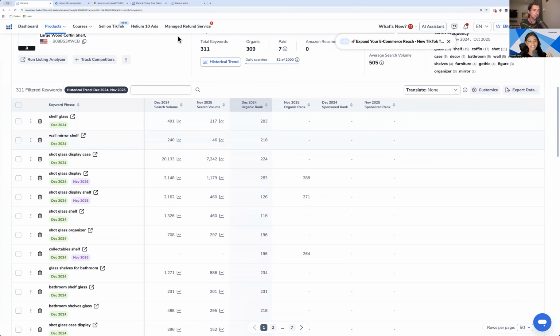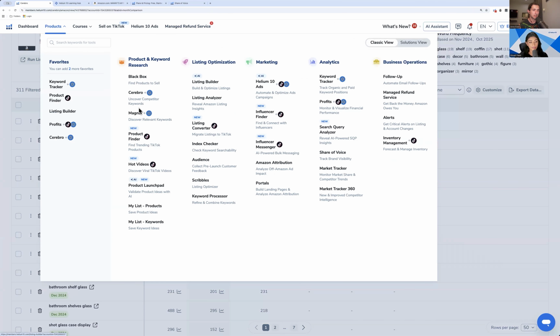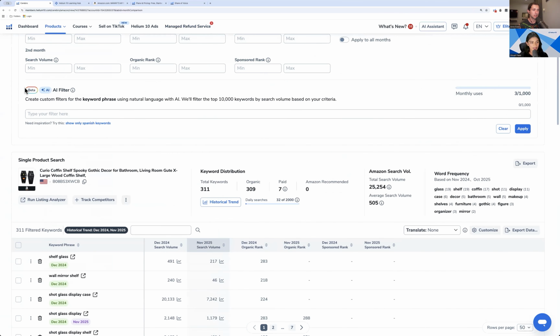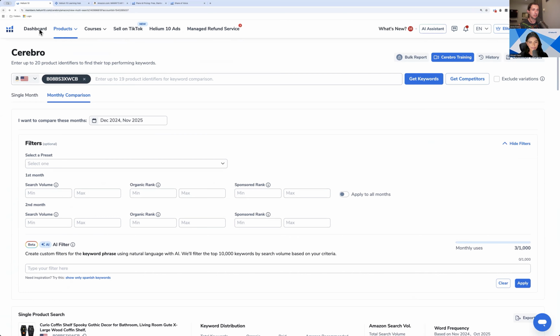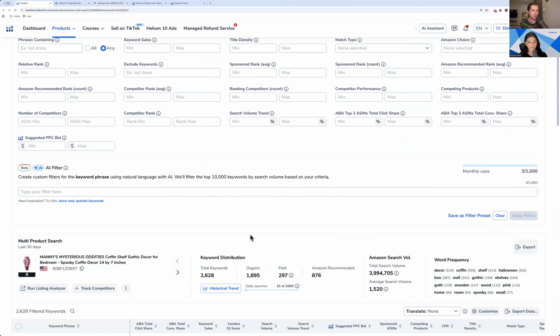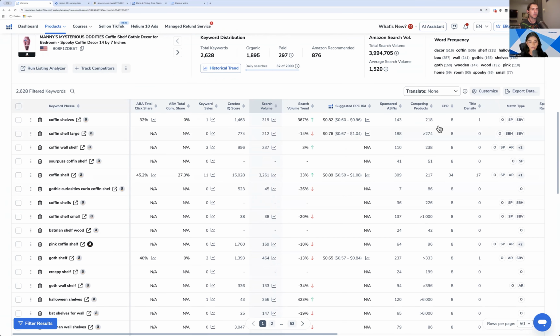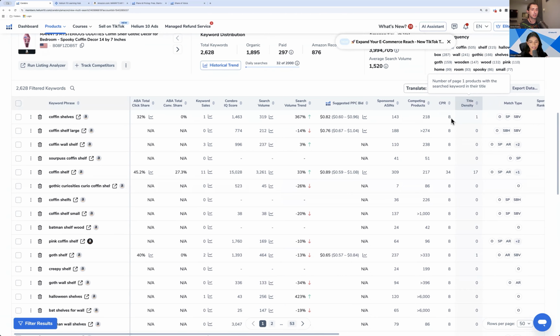We have something called CPR number inside of Helium 10, inside of Cerebro that we were just looking at as well. And we even have something called title density. These are quick ways for you to score some wins. CPR number tells you how many products. For example, if I was not ranking for coffin shells, which I would hope wasn't the case because that is one of our primaries, but if I wasn't,